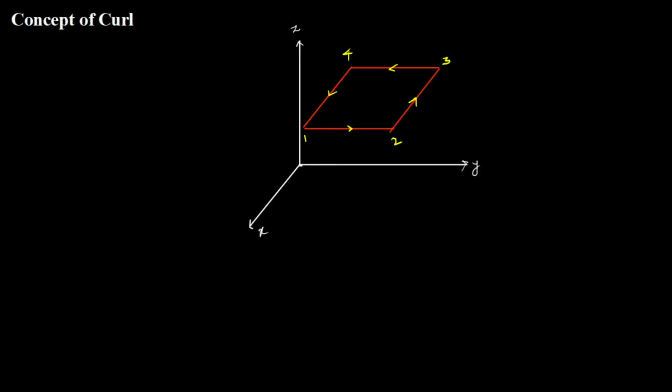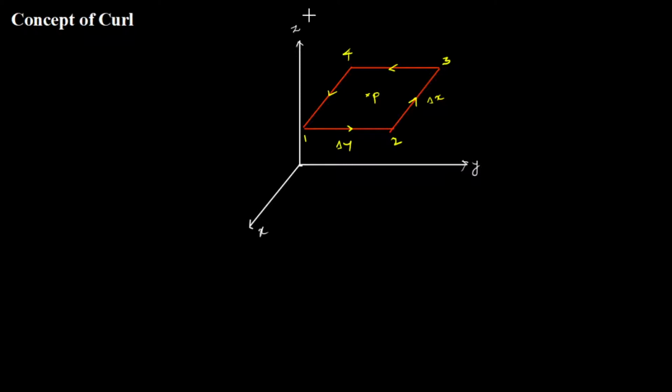I assume that current is flowing because basically what I am trying to derive is the curl of a magnetic field. So I am assuming that there is a current carrying circular path, something like this, and a magnetic field is developed due to this current carrying conductor. I am assuming that the magnetic field is developed at the center. So let this side be delta y and this side be delta x, because this is along the y direction and this is along the x direction. I am assuming that the magnetic field created is at the center of this rectangular loop, point P.